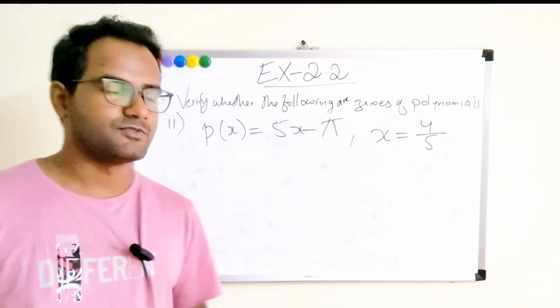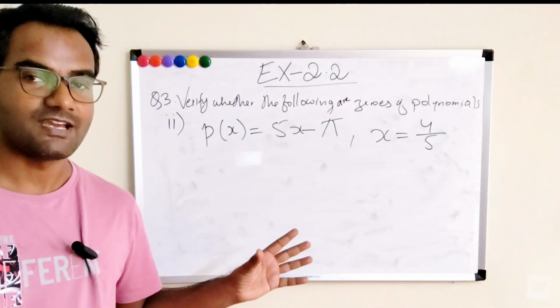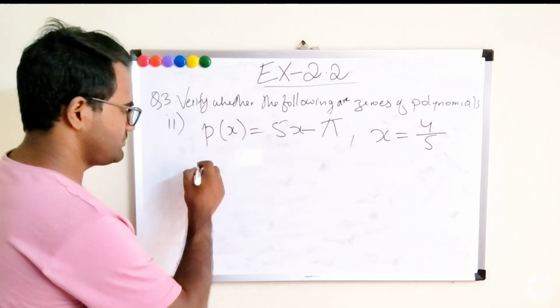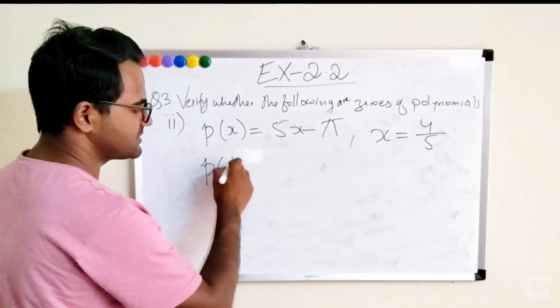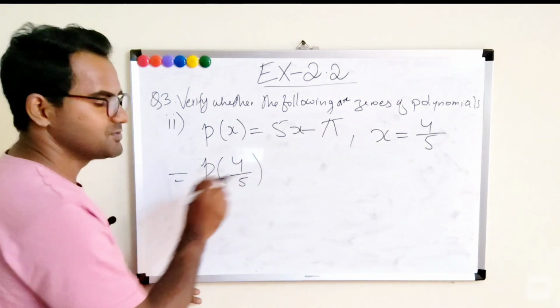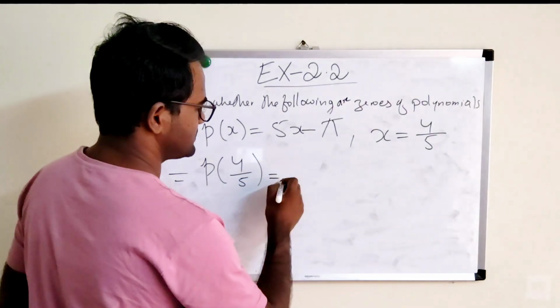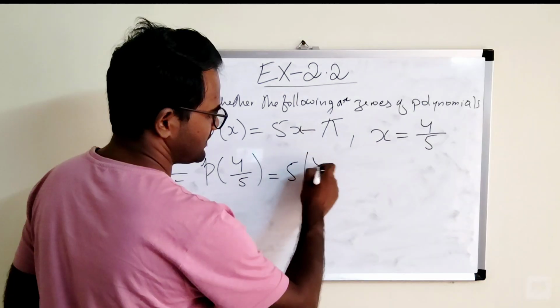Alright, so now we have come to the next number, that is number 2. Similarly, we have to do as we have done the previous sum. Alright, so how do we do it? So P of, in place of x we are going to put 4 by 5, right? So here we have 5. In place of x we are going to write 4 by 5